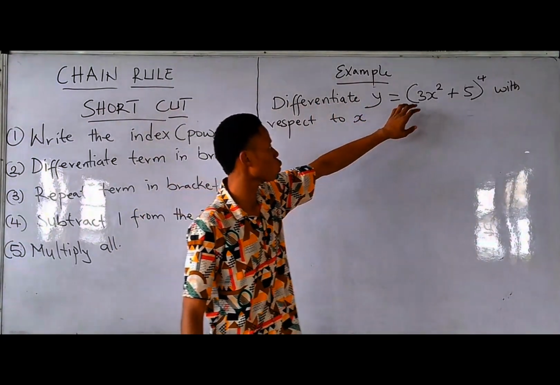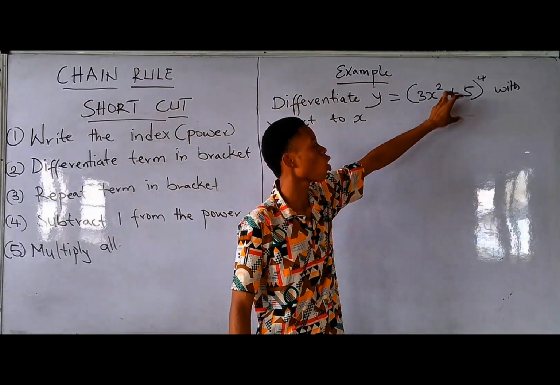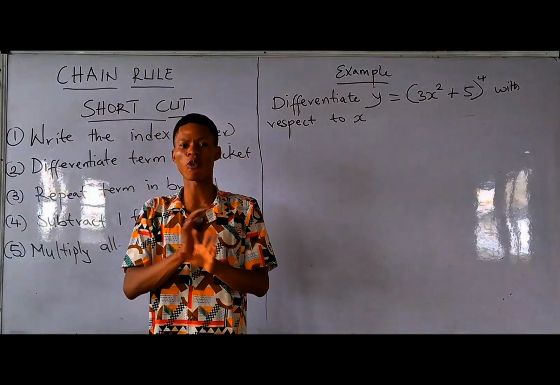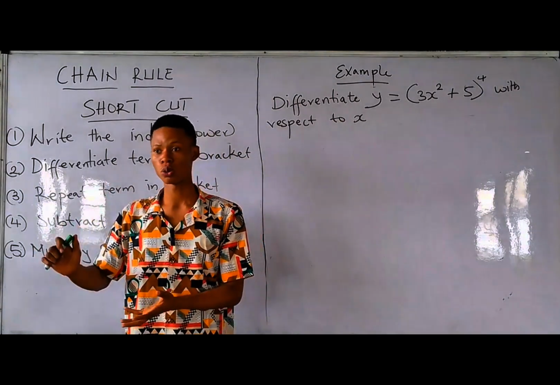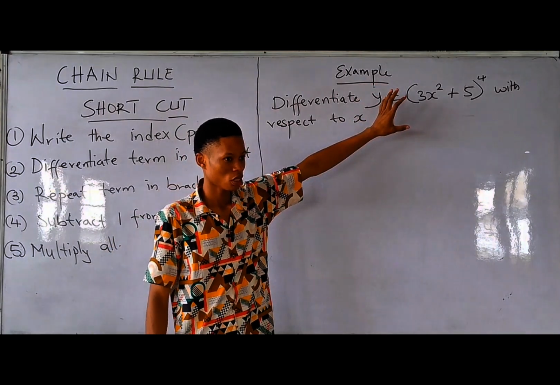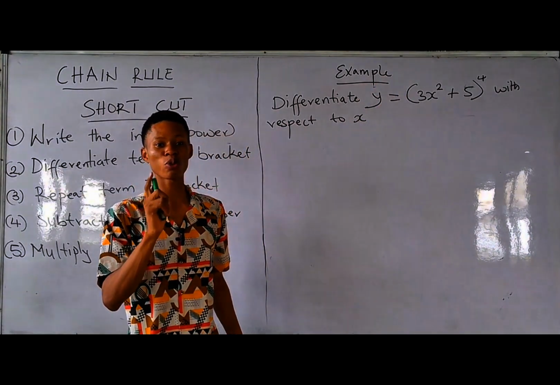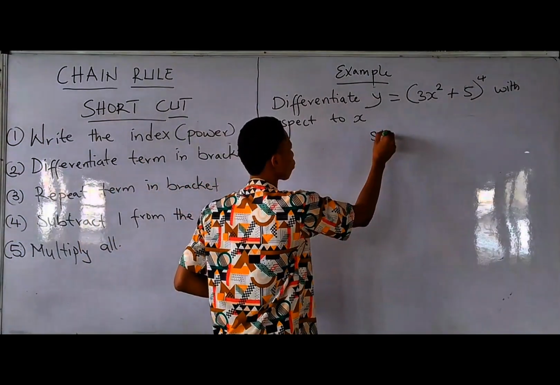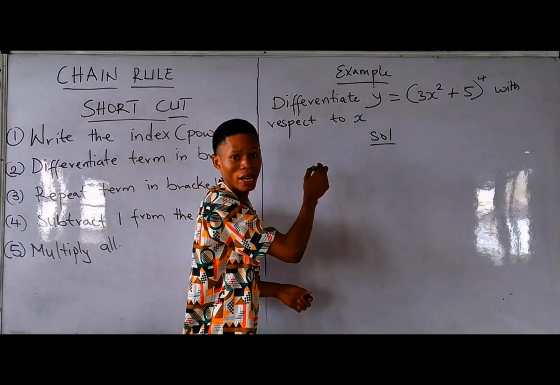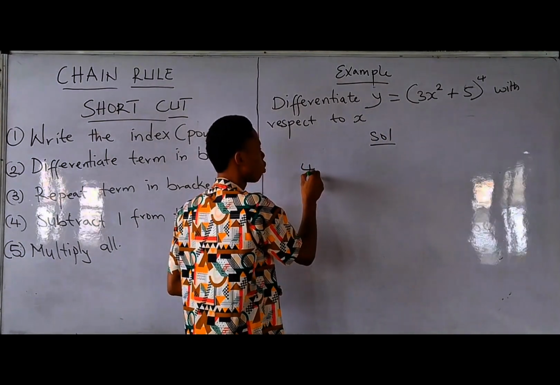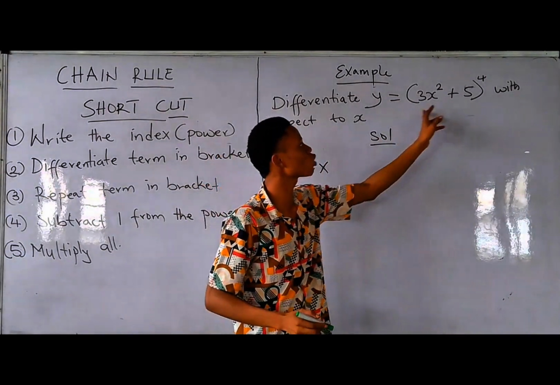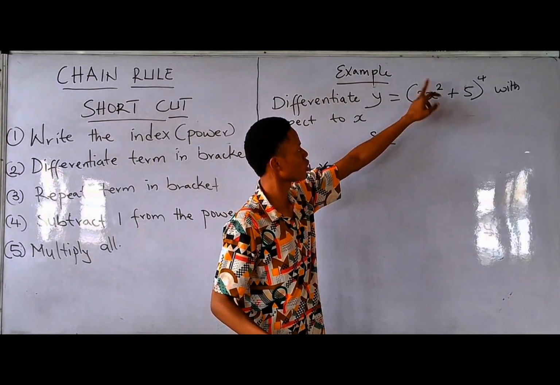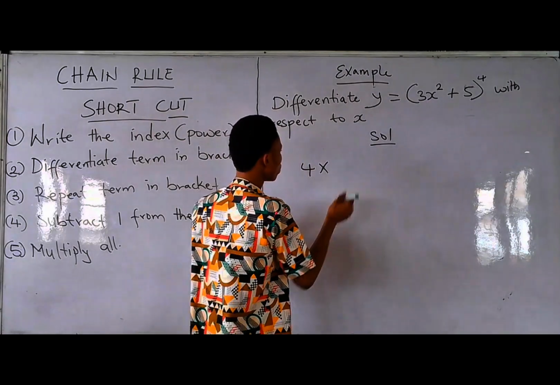Differentiate y equal to 3x squared plus 5 all raised to power 4 with respect to x. Now you can solve this using your chain rule, function of a function. But if this is multiple choice and you don't have enough time, you can use the shortcut. First thing to do is, what do you do? You retain the power, right? The power here is what? 4 times. The next thing, you differentiate what is in the bracket. If you differentiate this, what do you have? 6x, right? So 6x